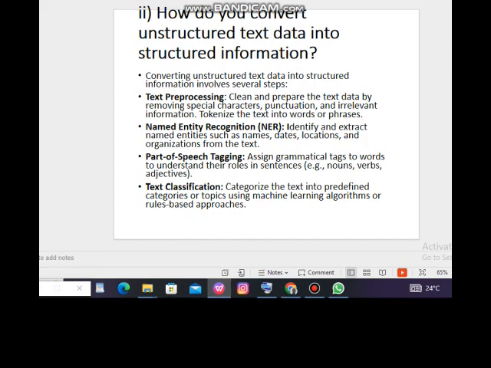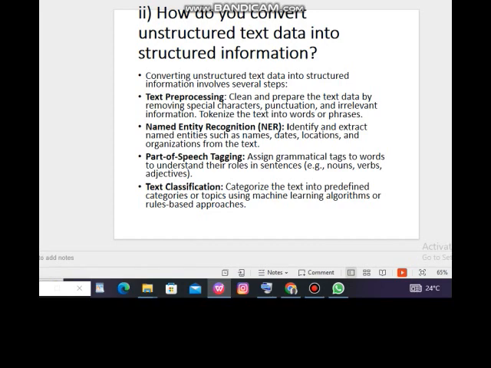Text preprocessing. Clean and prepare the text data by removing special characters, punctuation, and irrelevant information. Tokenize the text into words or phrases. Named entity recognition. Identify and extract named entities like names, dates, location, and organization from the text. Part of speech tagging. Assign grammatical tags to words to understand their roles in sentences, such as nouns, verbs, and